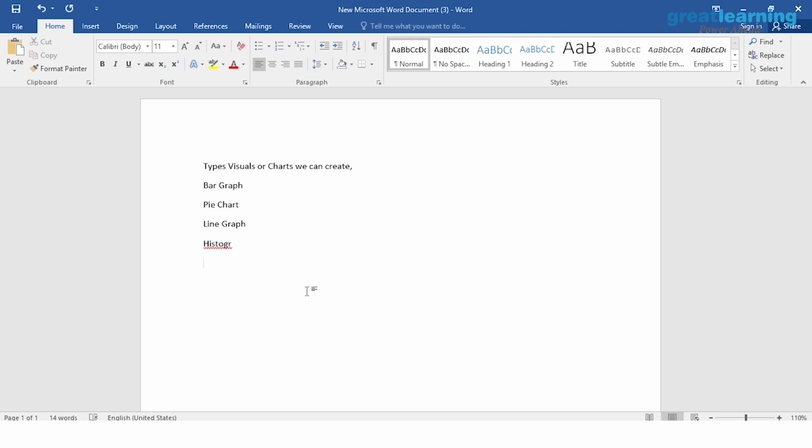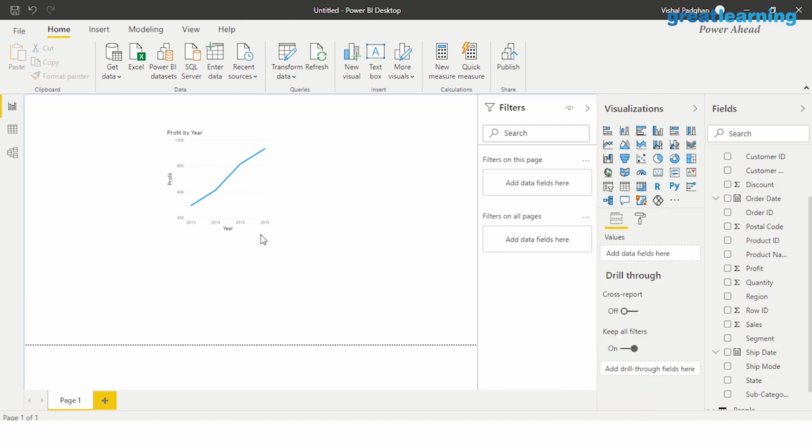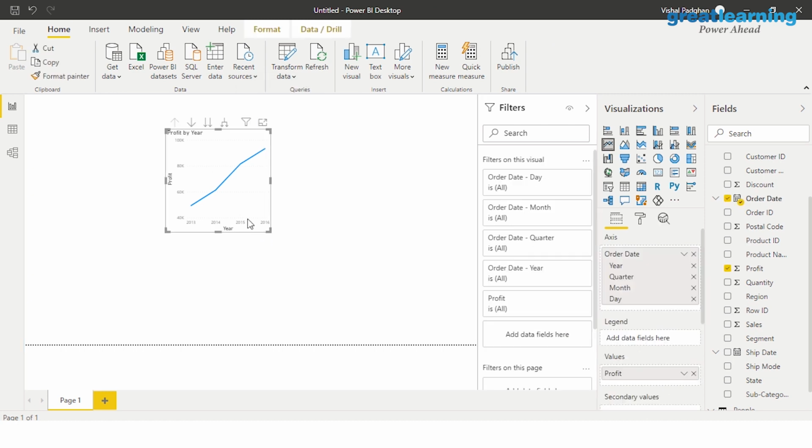The other ones are your geographic graphs, or geospatial graphs. These are used to convey information based on location. We'll see this as we get into the visual analytics part, which we are going to do right away. So let's go back and try to understand how Power BI works and what all we can do with Power BI. All the formalities and basics that are required have been covered.